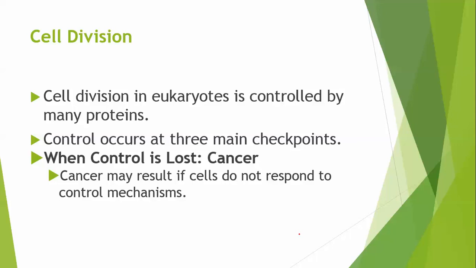And there are 3 main checkpoints that we look at that say, okay, the cell is good to go. We can continue to grow and divide the cell. And if there's anything abnormal or wrong, it sends it back, gets rid of it. Okay? When control is lost, though, it's called cancer. Remember, we said that cancer is the uncontrollable growth of a cell. So cancer may result if cells do not respond to the control mechanisms, to one of the 3 checkpoints that